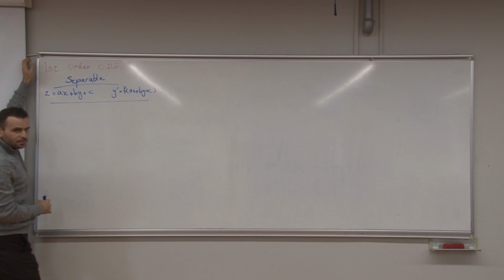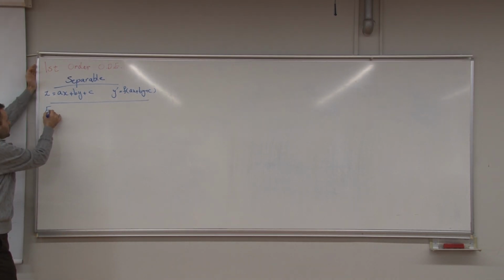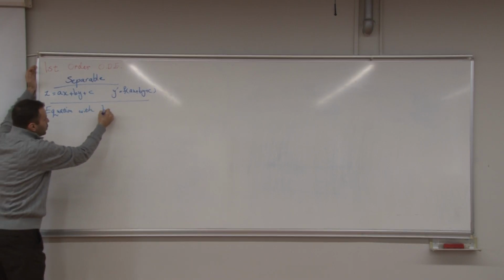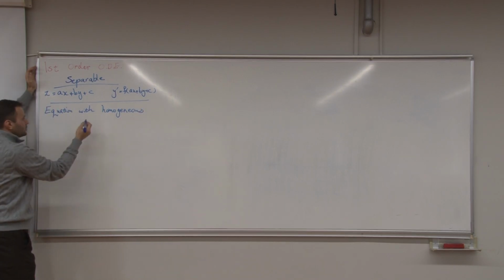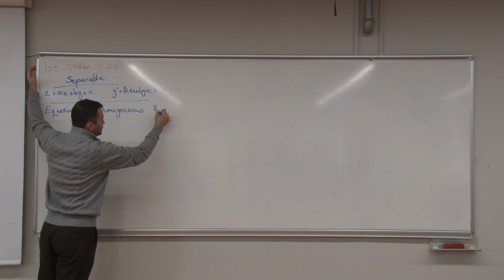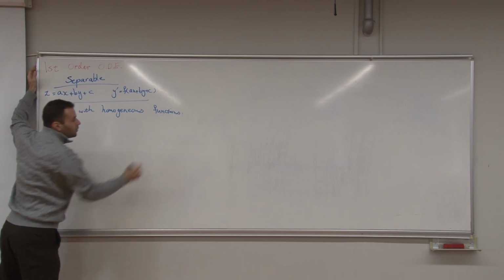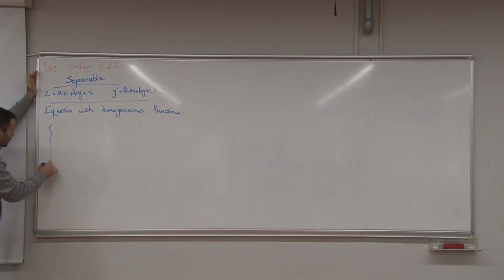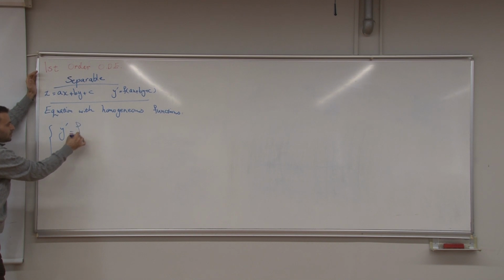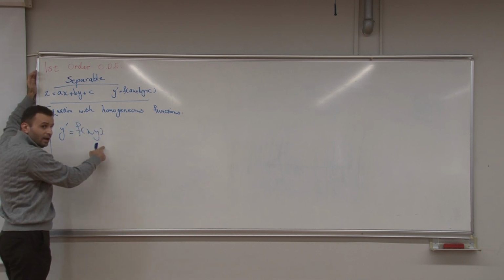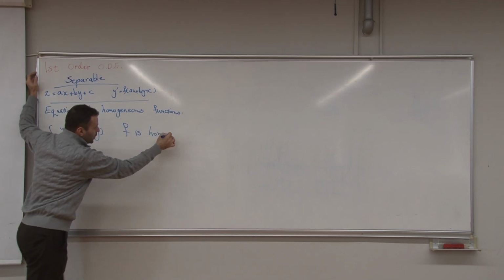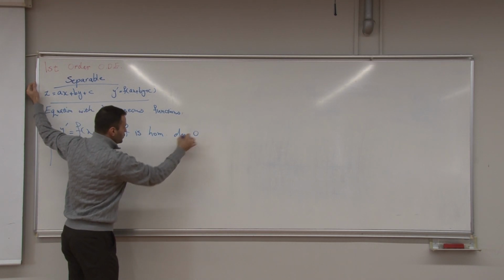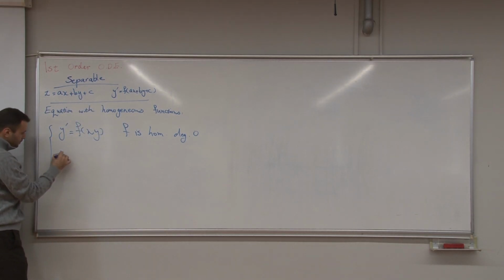What was the next step? It's homogeneous equations. With homogeneous functions, sorry. What do I mean by this? We had two cases, right? One of them is y prime equal to f of y over x, such that f is homogeneous of degree 0, or we have